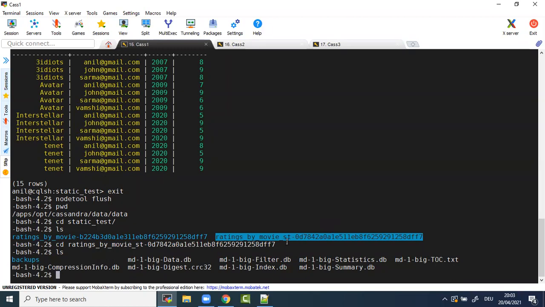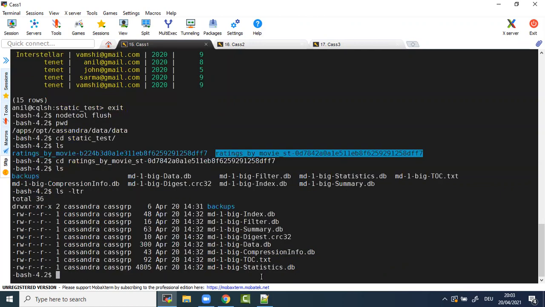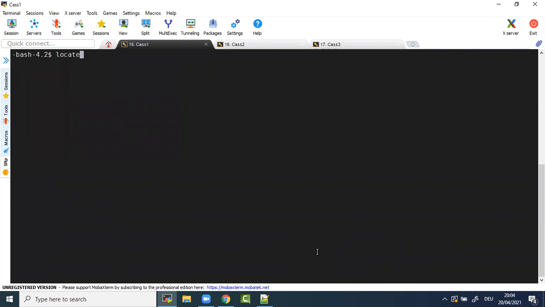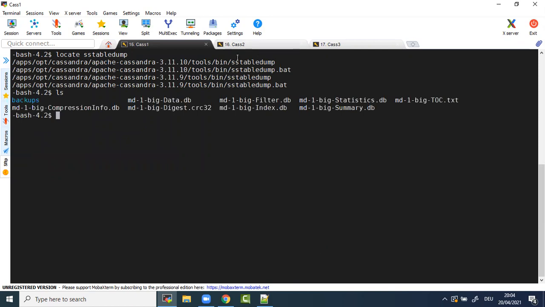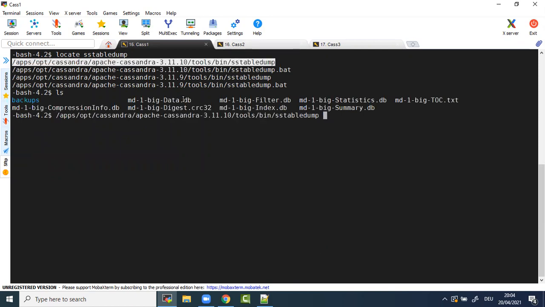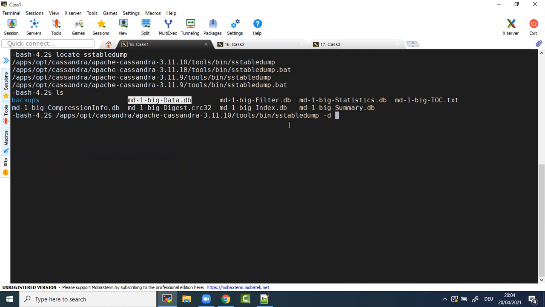Okay, so what is the binary tool we are using? sstabledump. So locate sstabledump and ls. So we are using -d to see the internal structure.